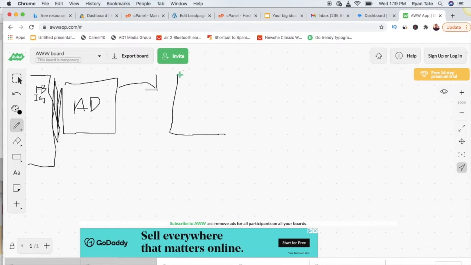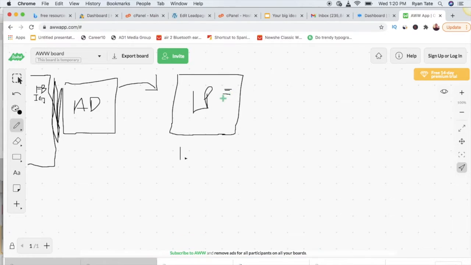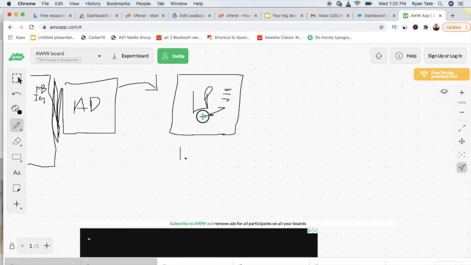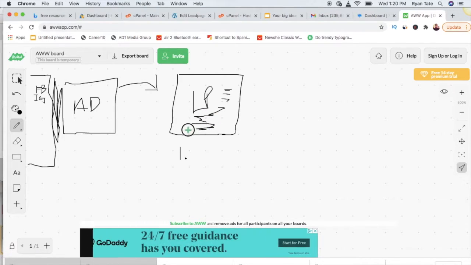Now, on the landing page, you have 2 different options, okay? This is your landing page. Option 1, this is what some affiliates do. This is the quickest way to start making money. On your landing page, you're going to have some text, images, basically some type of story where you warm the traffic up.